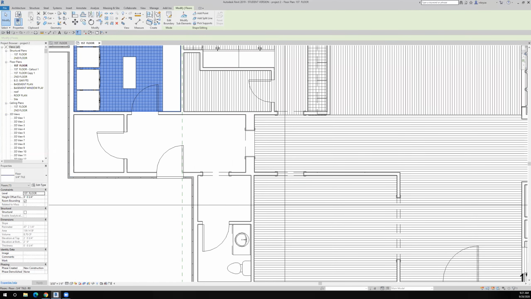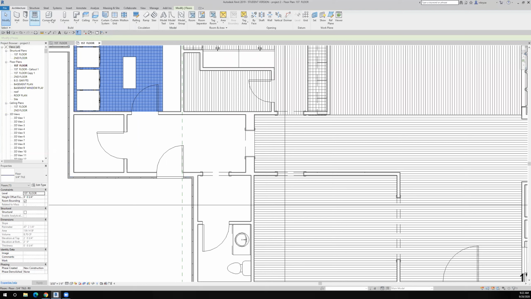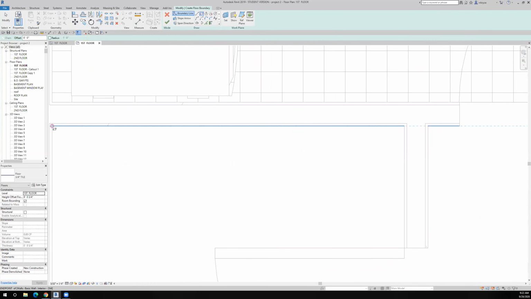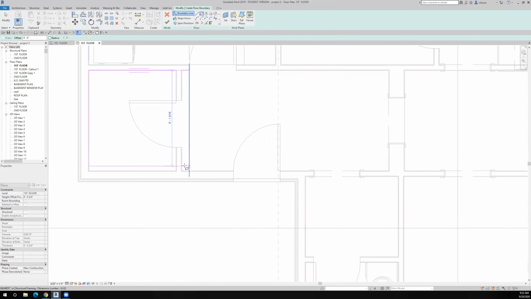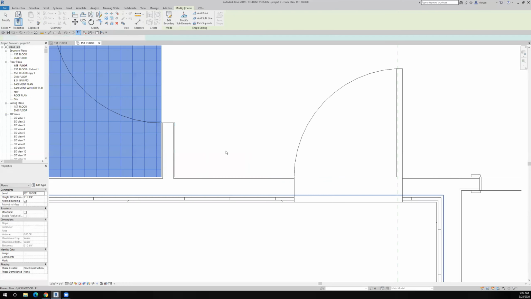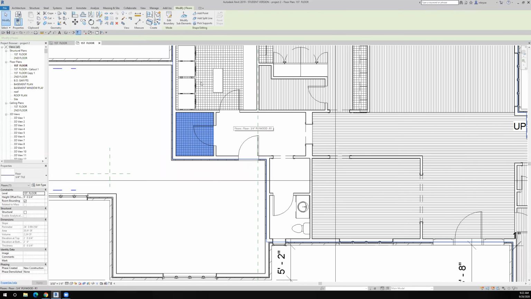Okay, so I'll do the same thing again. Architecture, floor, use the 3/4 tile. It's going to go from the face of the gypsum board to the face of the gypsum board, because the gypsum board would be installed before the tile would be installed. And here, again,